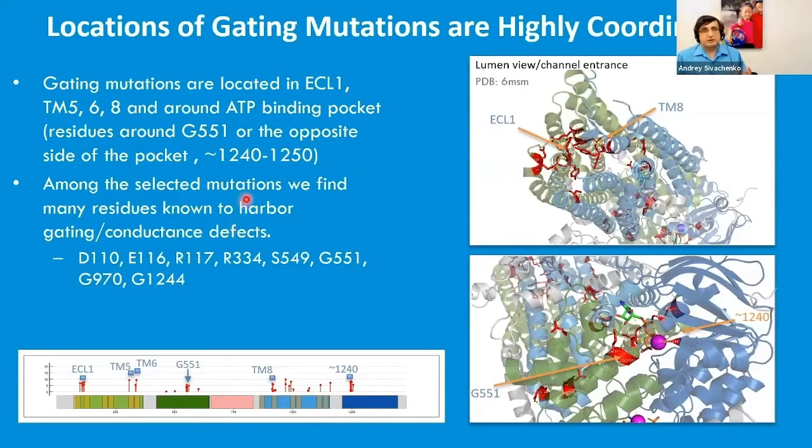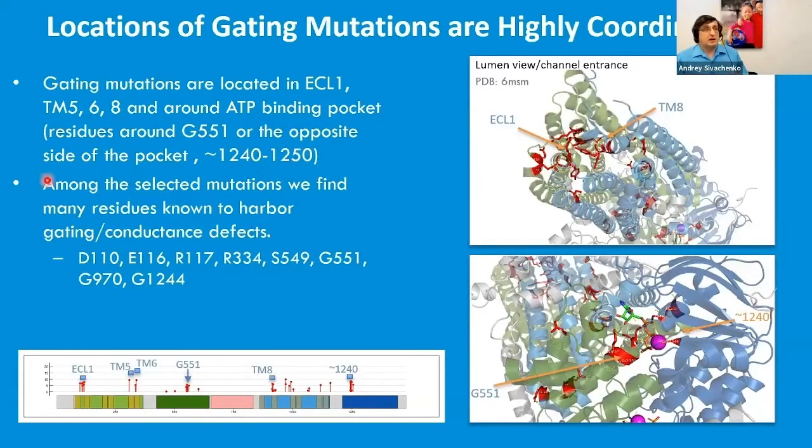And one can see how, despite being very far from each other in linear sequence position, which probably doesn't matter much, they align against each other extremely tightly on the 3D structure. This upper structure diagram presents the view of the channel from the top, from the outside of the membrane and towards it. So this is the entrance to the channel right here, or one end of the channel at least. The red residues are those selected by our query. And you can see that ECL1 is right here, the usual suspect known to be very important, and TM8 aligns